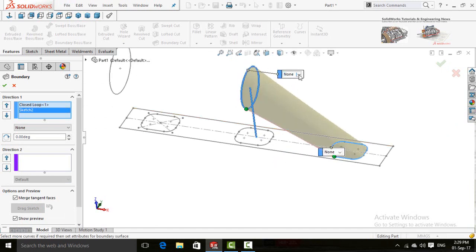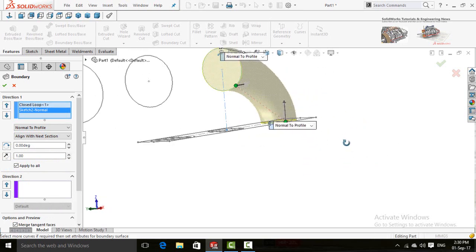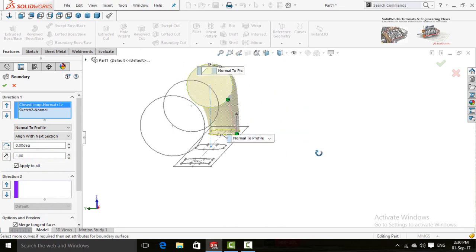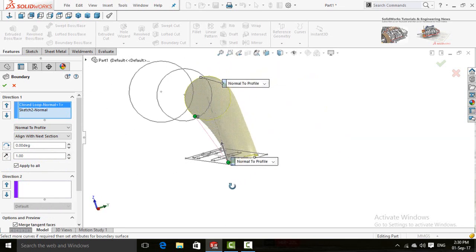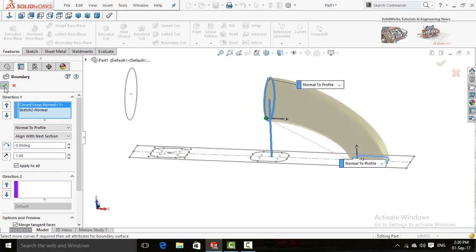Here drop down this arrow and select Normal to Profile, and also drop down this arrow and select Normal to Profile. Readjust this point. Press OK button.